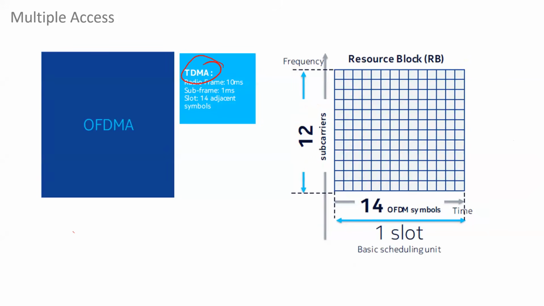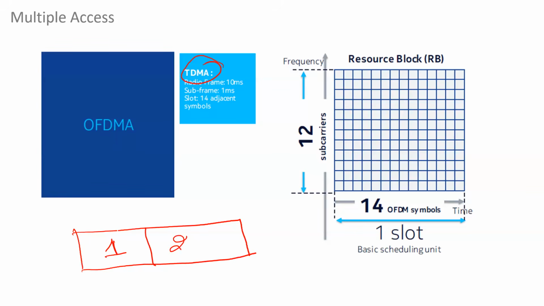Suppose we have this data channel or any channel, and if we divide it into two slots, slot number 1 and slot number 2, this data channel can be allocated to 2 users. So with 2 time slot TDMA, 2 users can share the same frequency. With 3 time slot TDMA, 3 users can share the same frequency, and so on. So TDMA is based on transmission to and from the UE with separation in time, right? With separation in time.